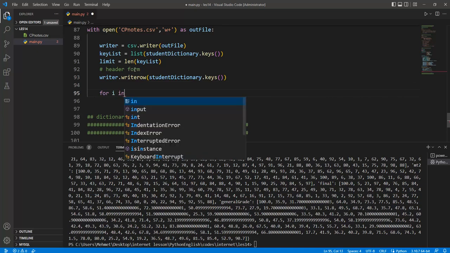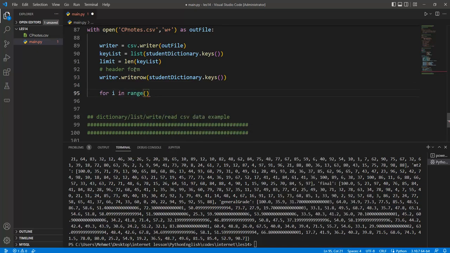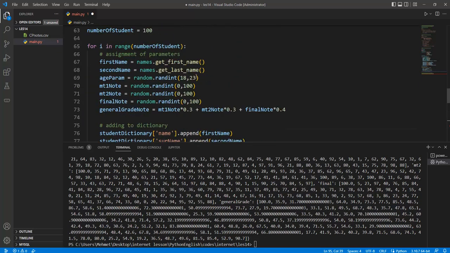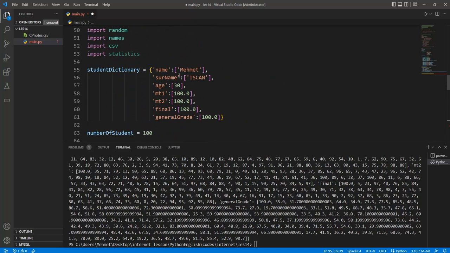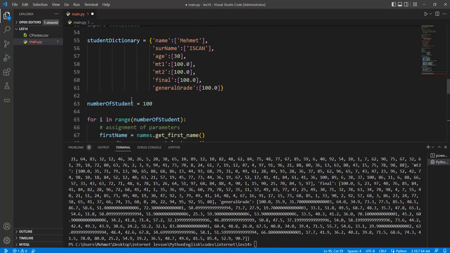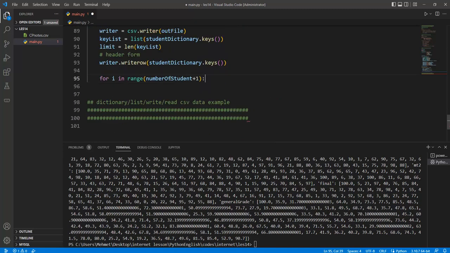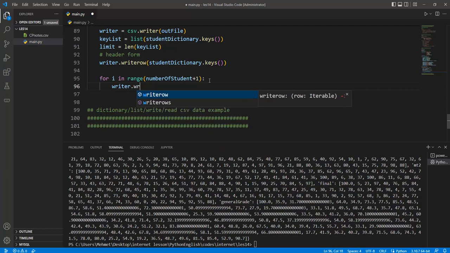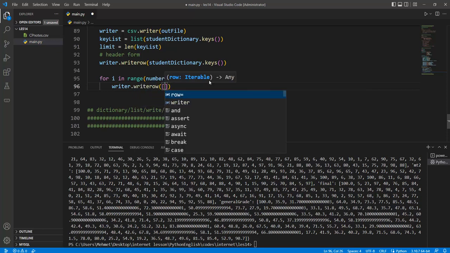But in another case, we need to create another for loop in here with the number of students plus 1, because we have added the first element as Mehmet, İşcan, 30, and so on, okay? And so if we have more than 100 students in here, this range should be iterated with the number of students plus 1. Okay, and then the write row can be used in here